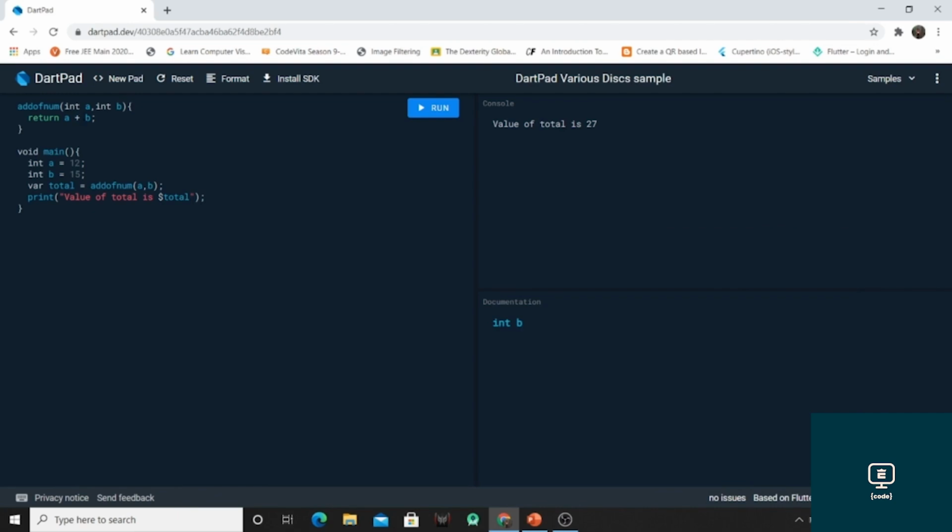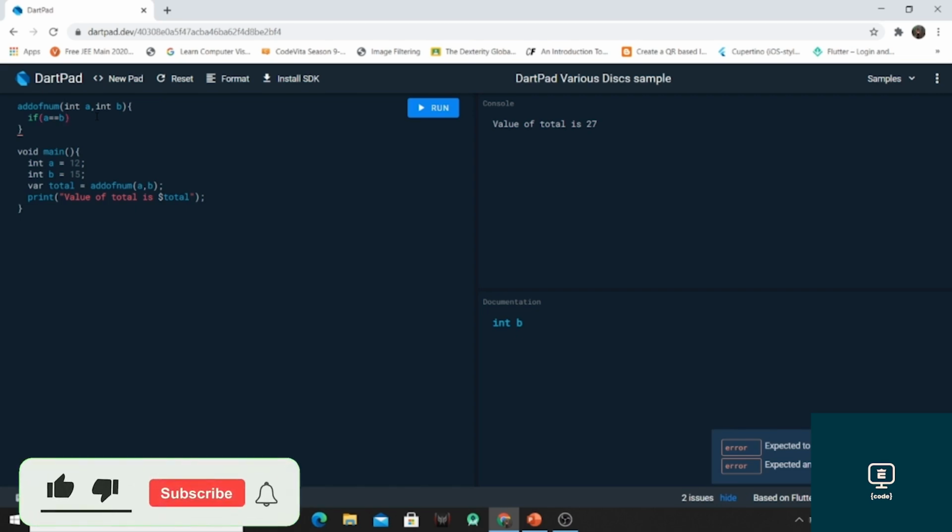Similarly I can also compare the values, like if a is equal to b. So this is comparison. And similarly we can also implement the increment and decrement operation by using a plus plus or